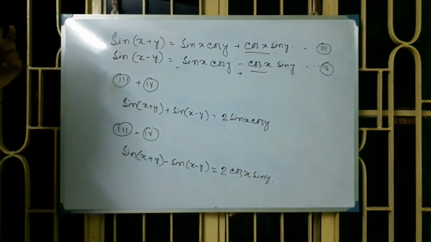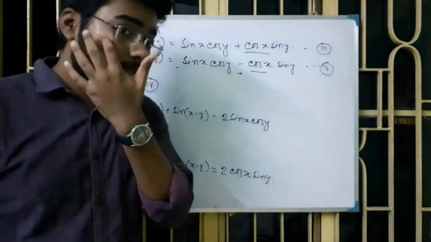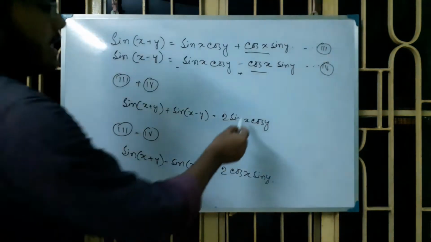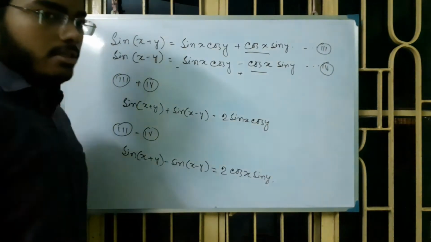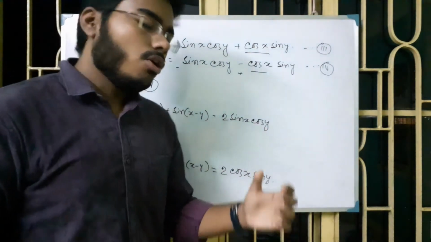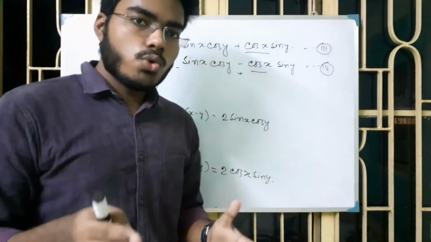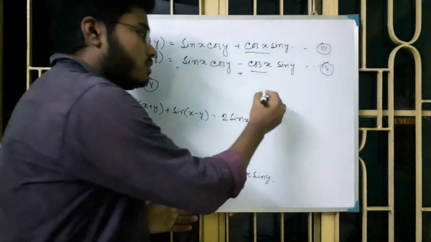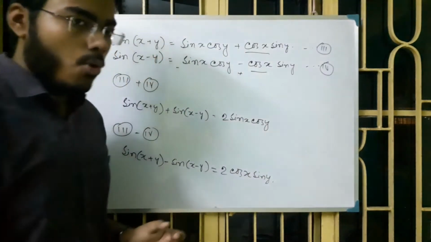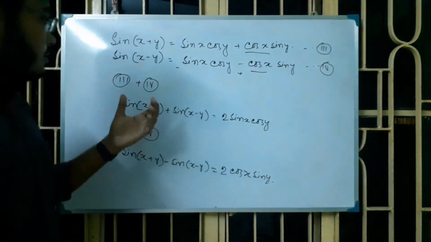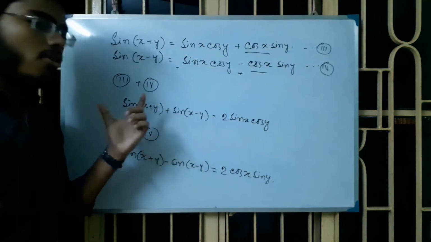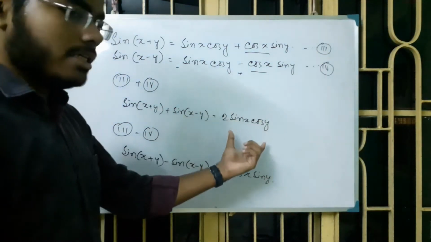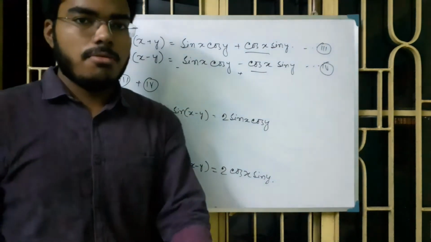Look, a very simple thing to observe: if two similar functions are given, that is 2 cos x cos y or 2 sin x sin y, that is two similar trigonometric functions, either both sine or both cos, then cos will be added or subtracted. If added, then that will be cos x cos y. If subtracted, then that will be sin x sin y.